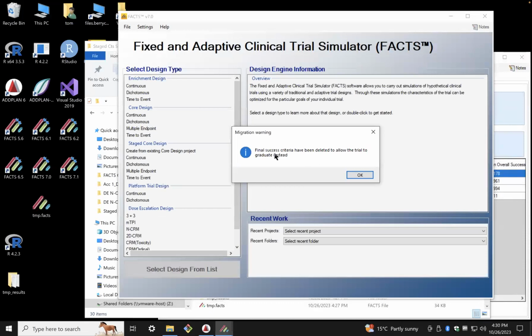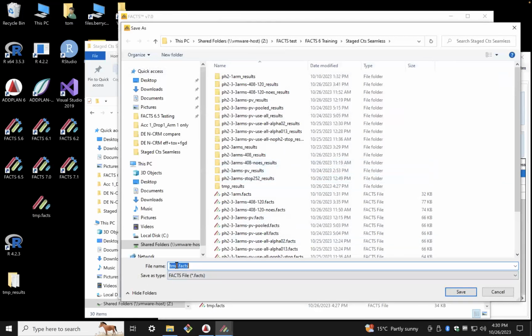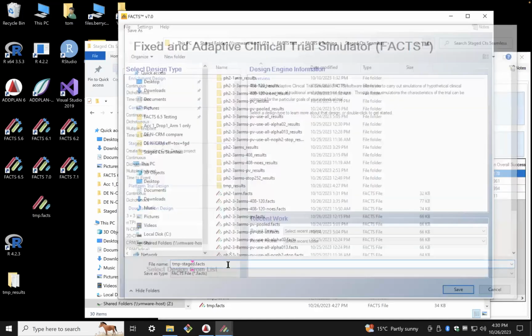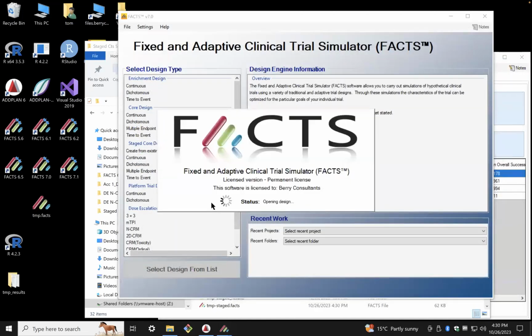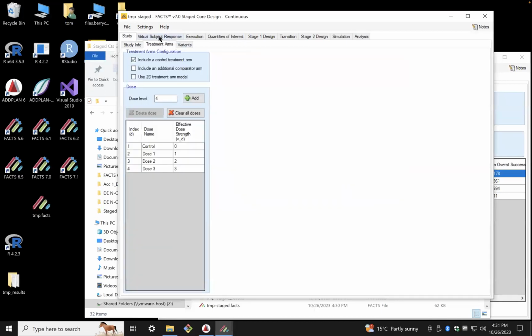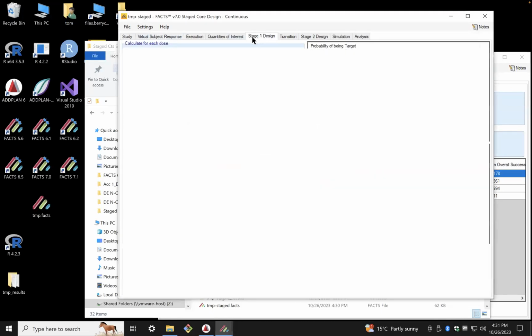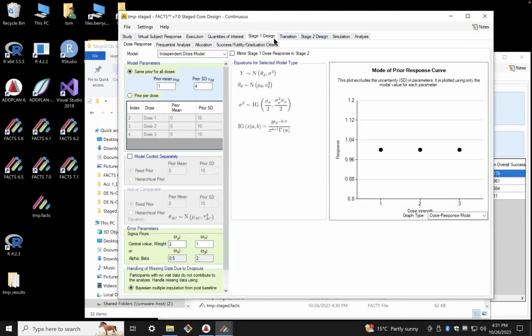It says it's removed final success criteria to allow the trial to graduate instead. And now it's prompting me, what do I want to call this? So I'll call it temp staged. So you can see the setup is as we already had it. But we've now got two design tabs, stage 1 and stage 2. The stage 1